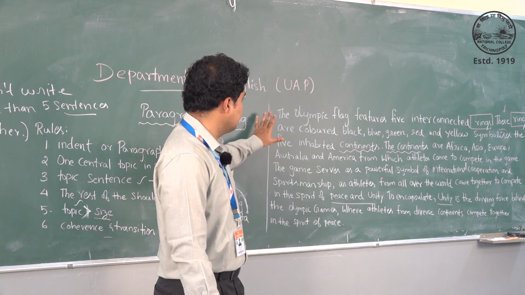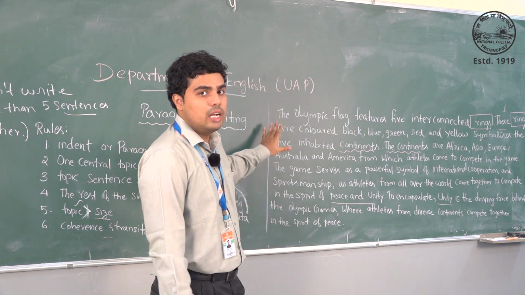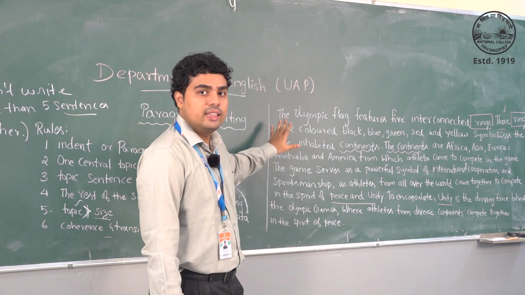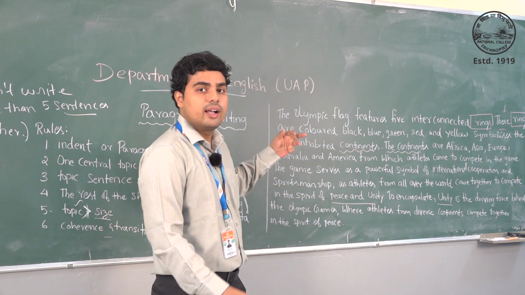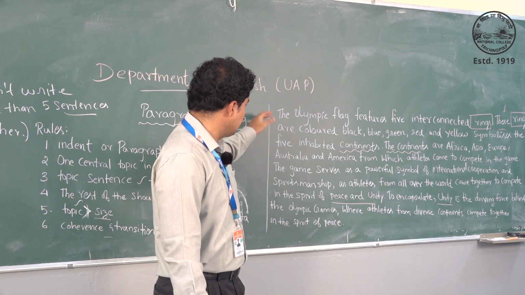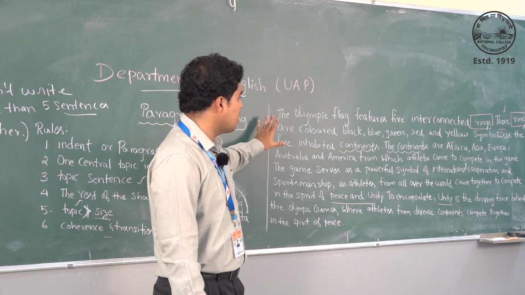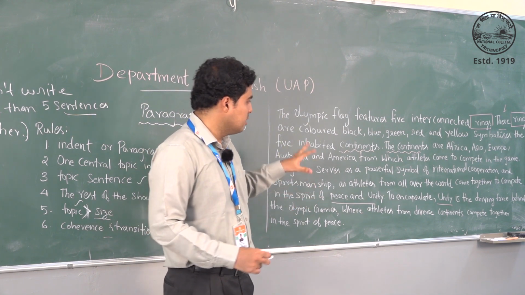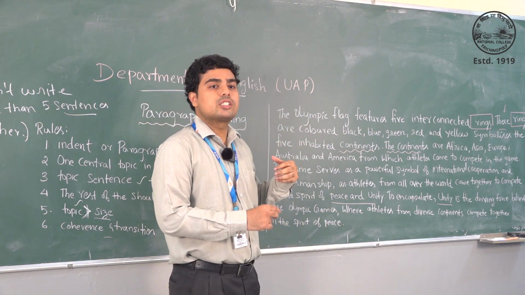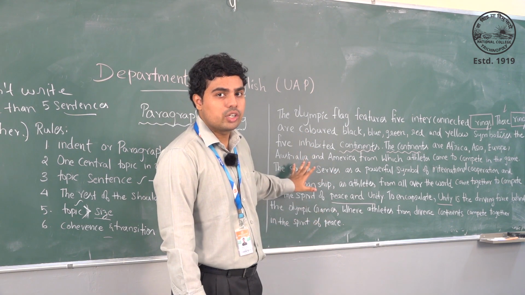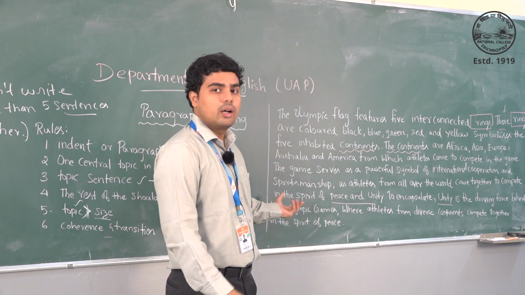And this is just a single paragraph. If you are going to write the next paragraph, whatever you have said in these lines, you shouldn't say it in the next paragraph at all. For example, this almost comprises 5 sentences. If you are feeling that this is too big, you should not continue the next idea with the next paragraph at all. You have to give some kind of a conclusion. Your next paragraph should talk about something else.